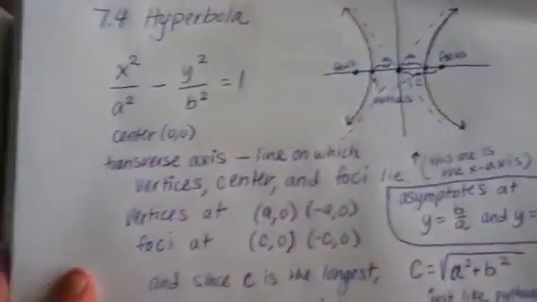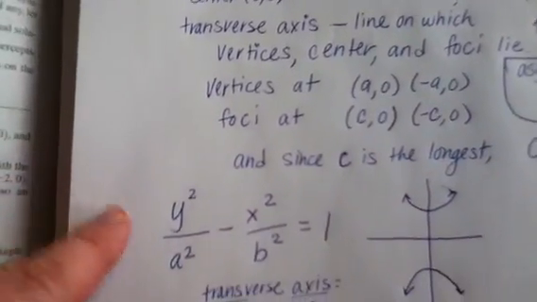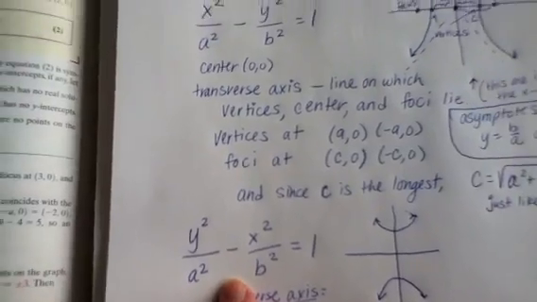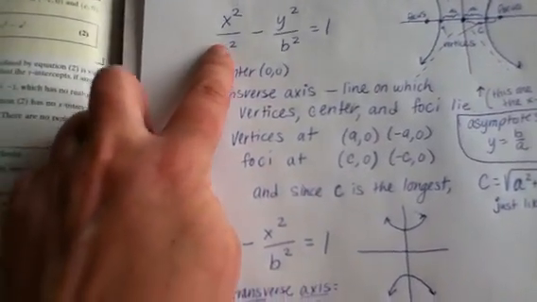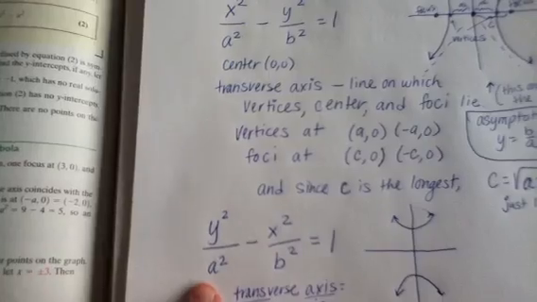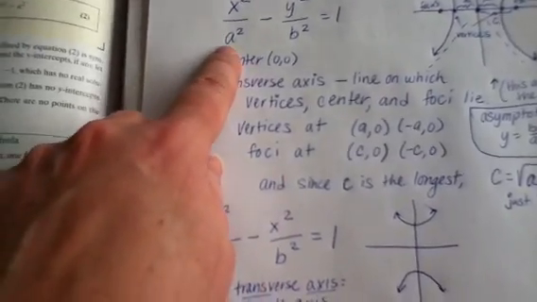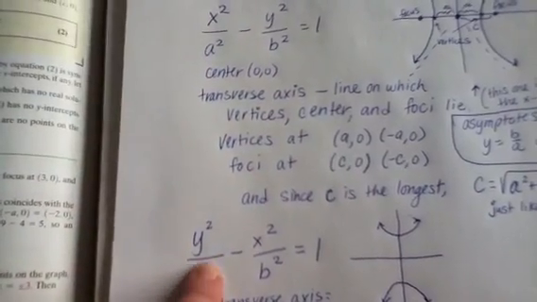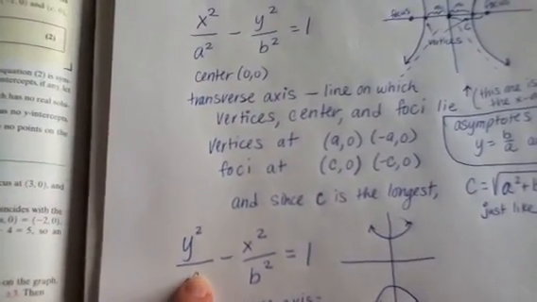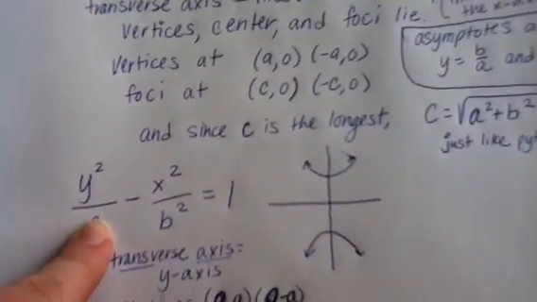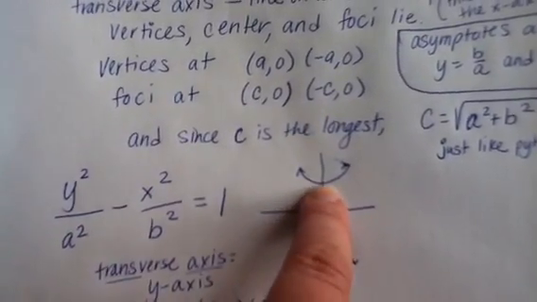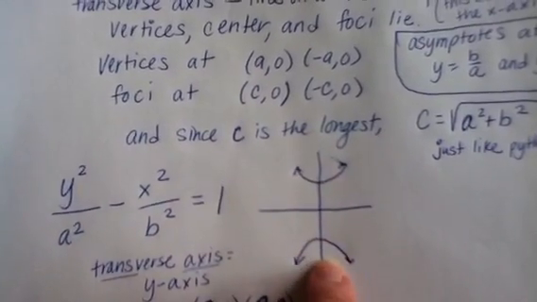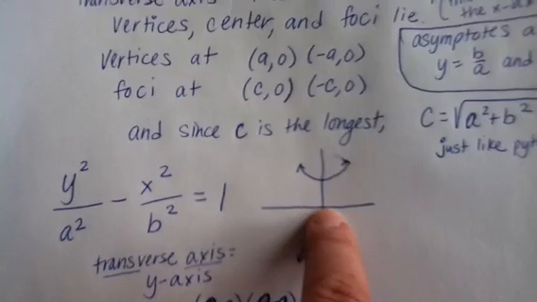Now, of course, hyperbolas can switch around so that they're going upward and downward instead of side to side. So the thing that makes that happen is changing the equation here. Notice how this equation is different from the one we were just looking at. This one has x squared minus y squared. This one has y squared minus x squared. The distance to the vertices, a, is under the x value on this problem, and the distance to the vertices, a, is under the y value on this problem. Okay, so therefore our hyperbola would go this direction, and we would have this point at 0, a, this point at 0, negative a, a focus at 0, c, another focus at 0, negative c,